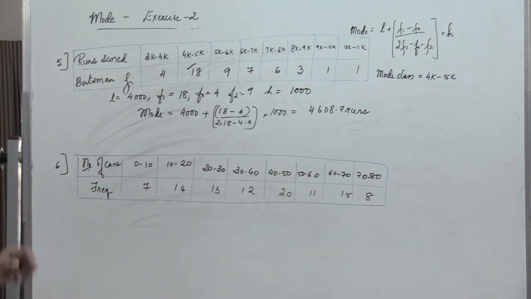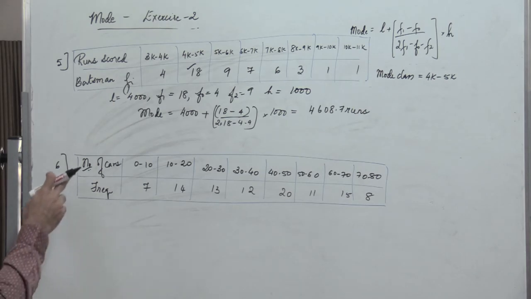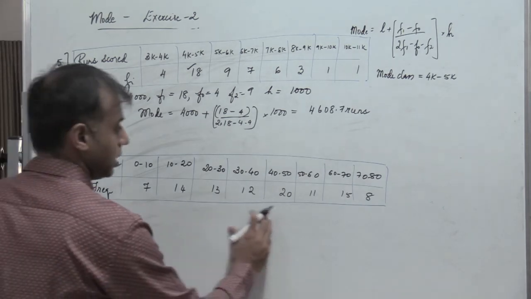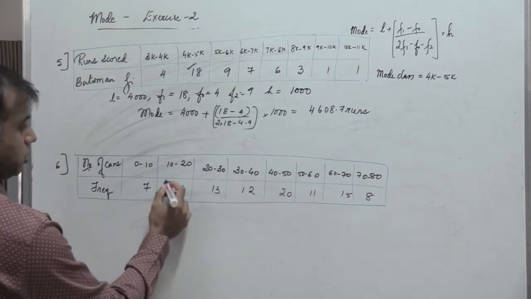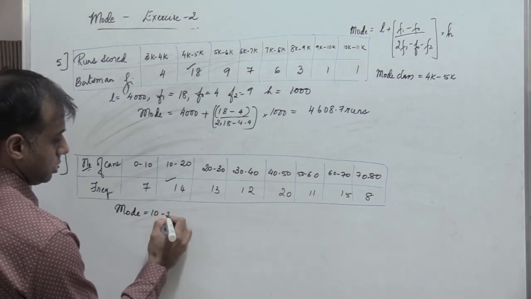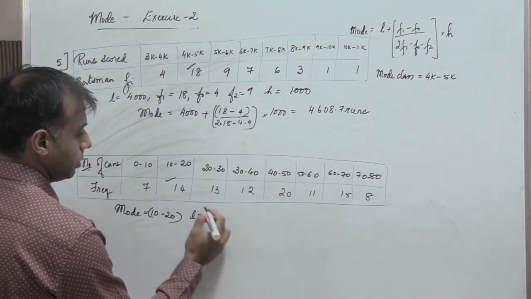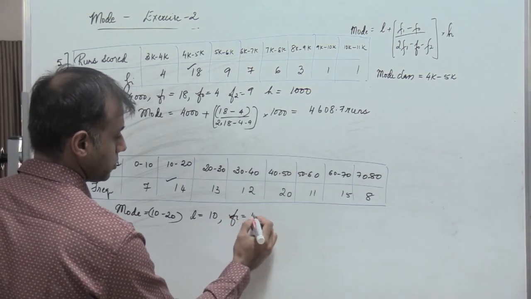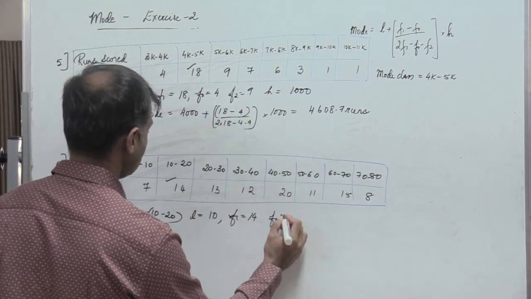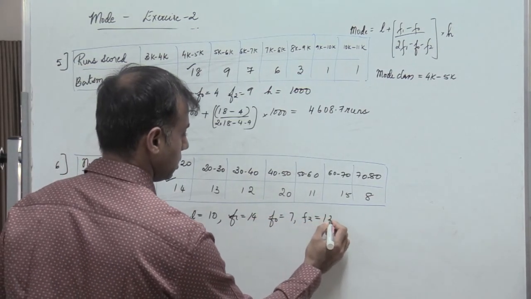So similarly, we have the next problem given. So these are the number of cars and the frequency. So here we have a student who notes the number of cars passing through a spot on the road for 100 periods each of 3 minutes. Right? So this is the given data. So again we find the maximum frequency, which is 14. So the mode class is 40 to 50. L, the lower limit of the class, is 40. F1 is 14, the frequency of the considered mode class. F0 is 7. F2 is 13.